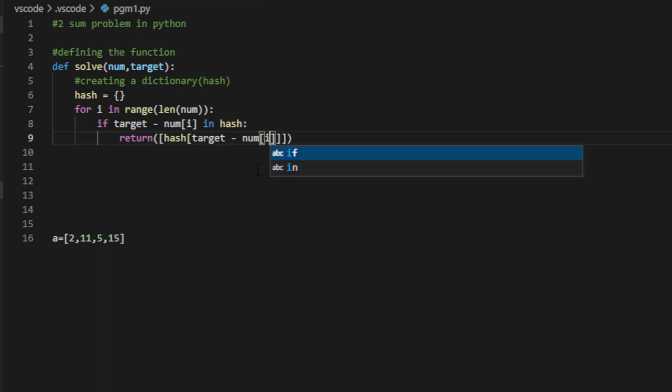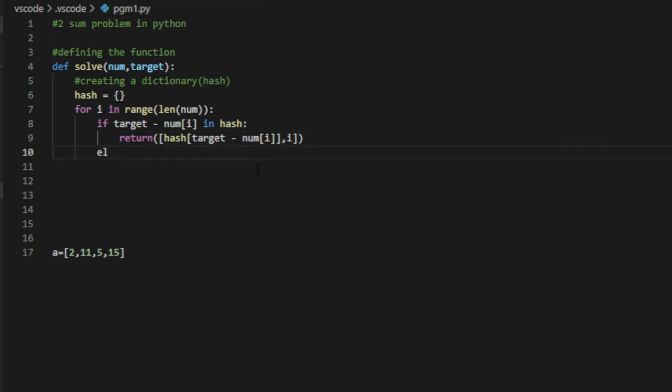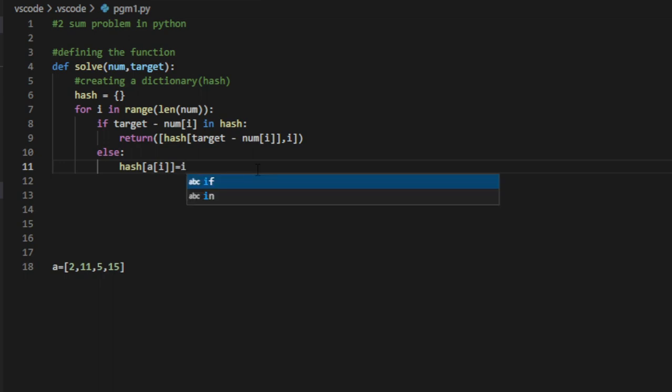So we return the corresponding indices of the two numbers. Else, if it is not present, we add the element to the hash. That is what is performed in the else block. That's it.